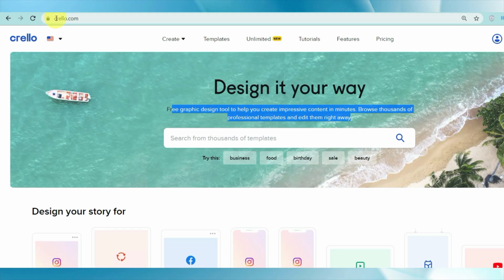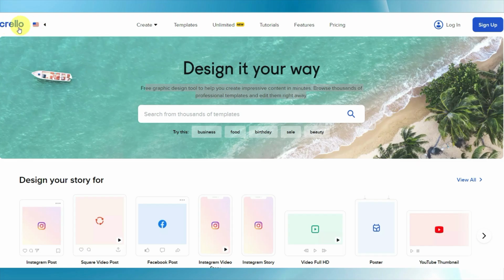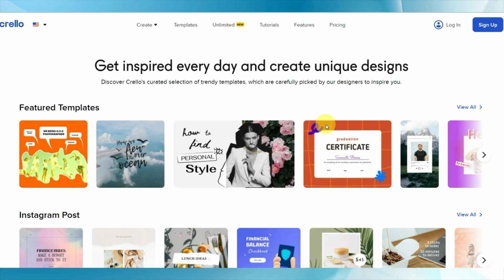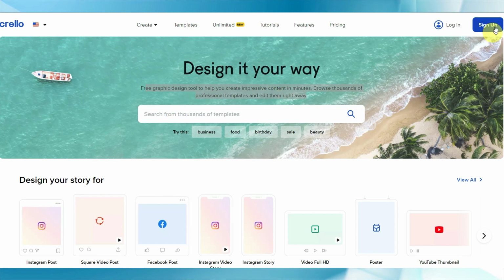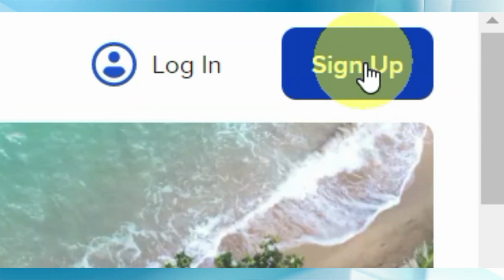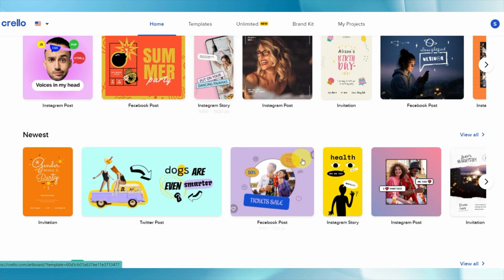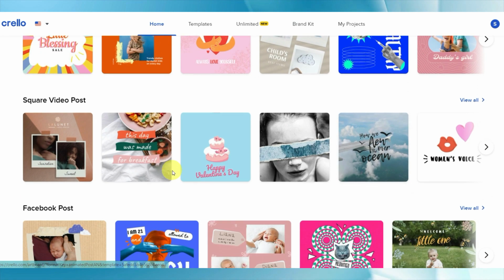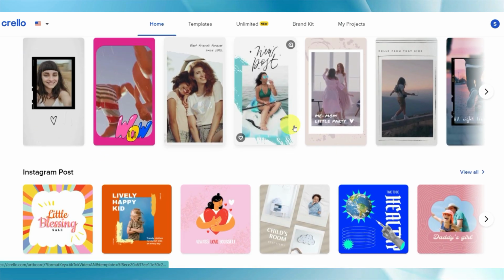So this is Krilo.com. Once again, this is Krilo.com. Once you go over to Krilo, first you need to create a free account. It's super simple and easy and additionally absolutely free. Click on the sign up button right here and create your free account. Step 2. Now this is step 2. In this step, I will show you how to use this free tool. Don't skip any second because I will give you numerous vital tips in this step, and if you miss them, this approach will not work for you.